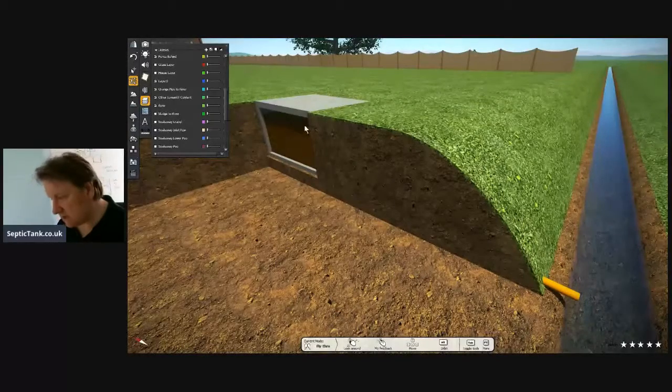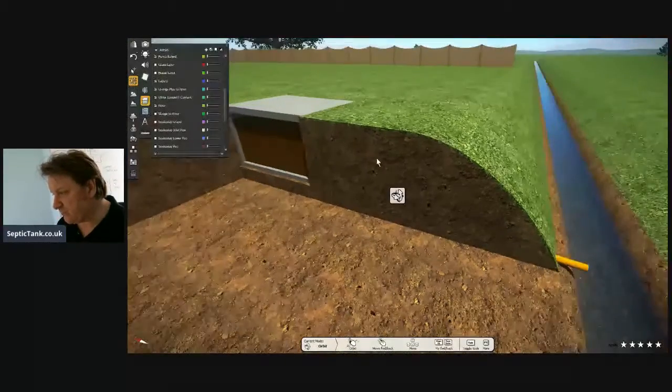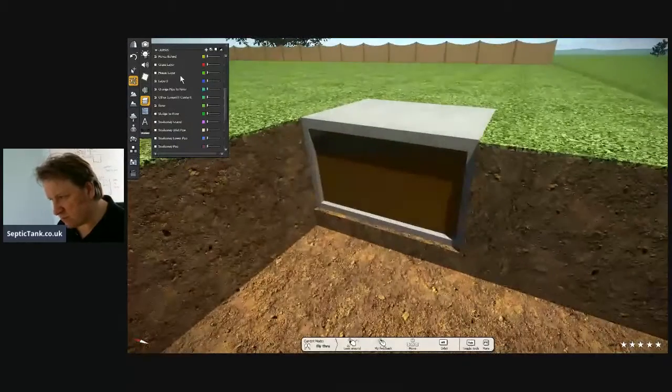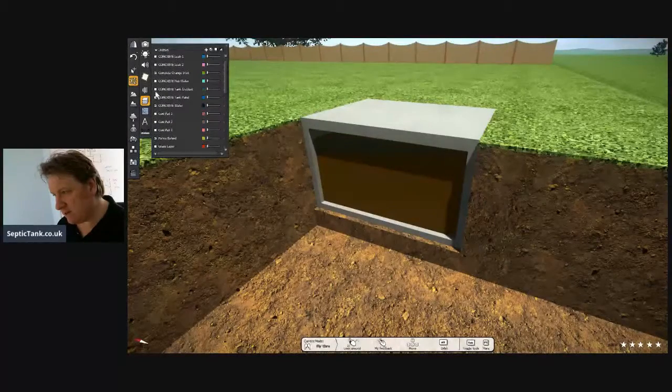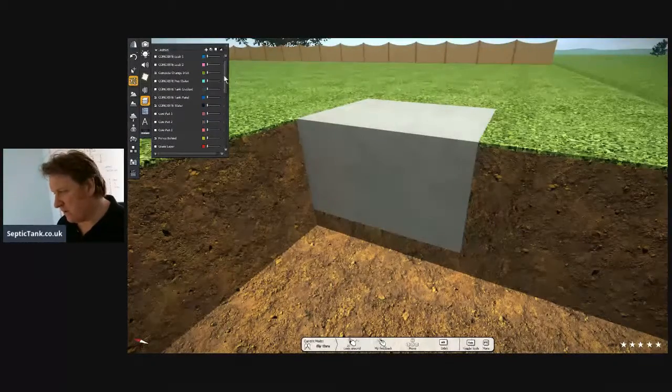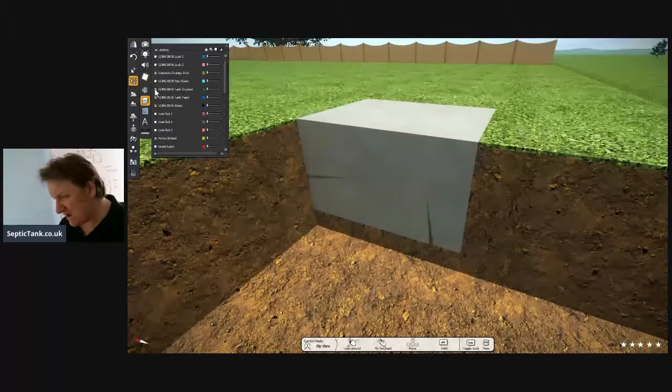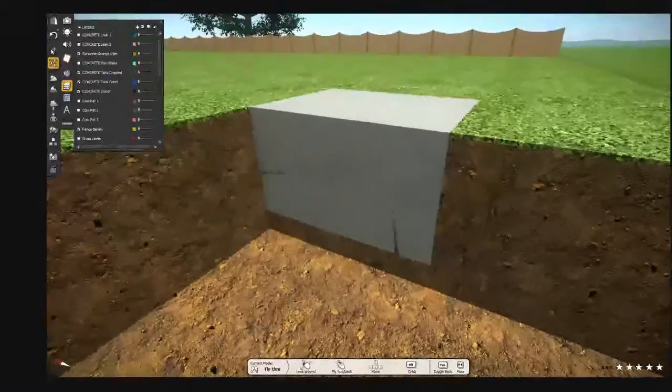Now, this is the second thing. If you've got a septic tank, let me just put the concrete side on. There we go, tank panel. All right, now that's one thing. Now the other thing is, if you've got any cracks like that in your septic tank, let me just